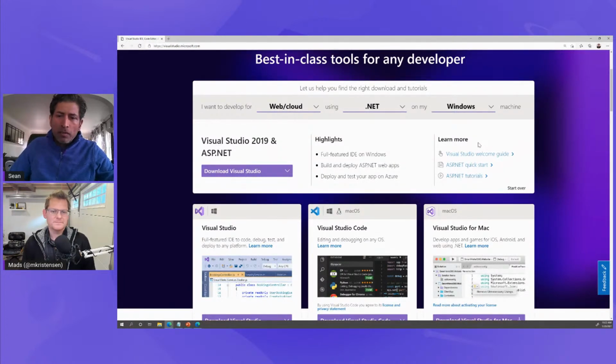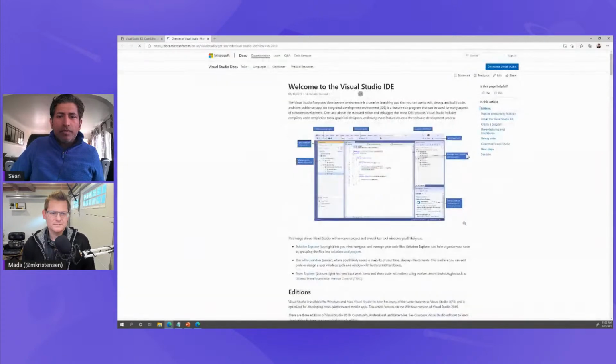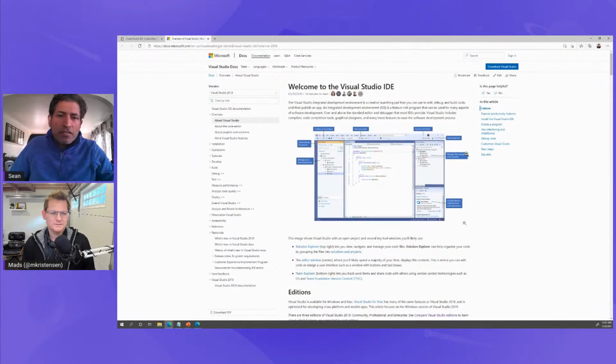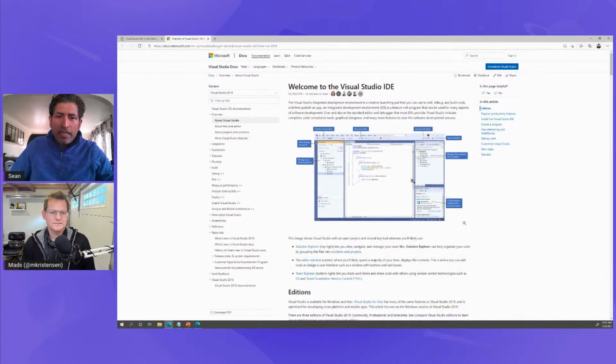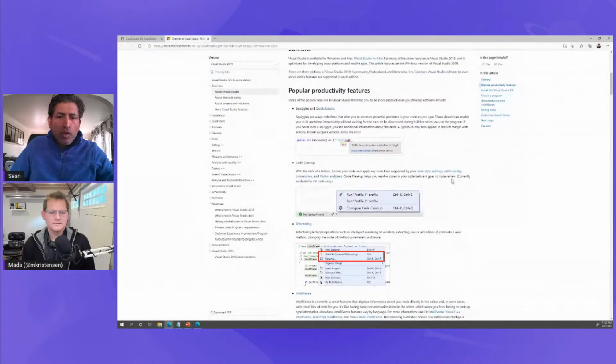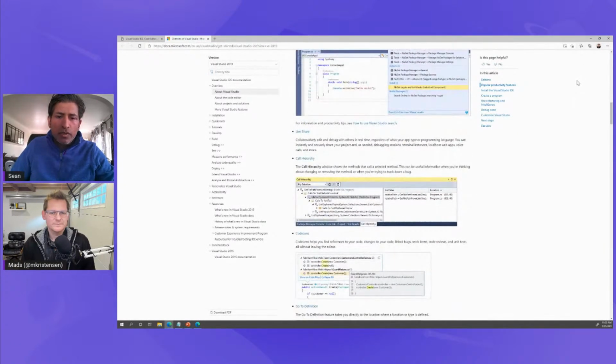And like we talked about earlier, all of this is going to take you to different places. So for example, if you go into Visual Studio Welcome Guide, that's going to take you to our documentation site, where we have all the Visual Studio, and it's going to show you typically what the Visual Studio IDE layout looks like, and it just gives you a very high-level introduction of the things you can do during your first weeks with Visual Studio that will help you make it your own environment and make you feel comfortable in